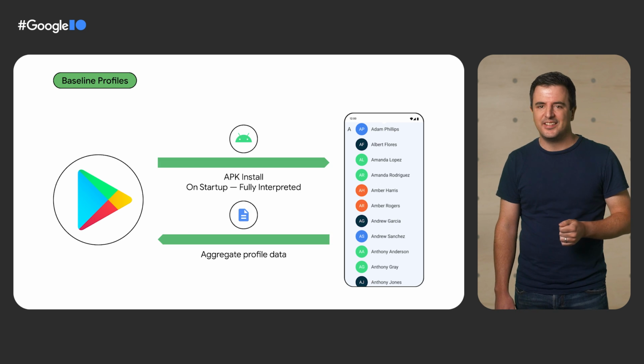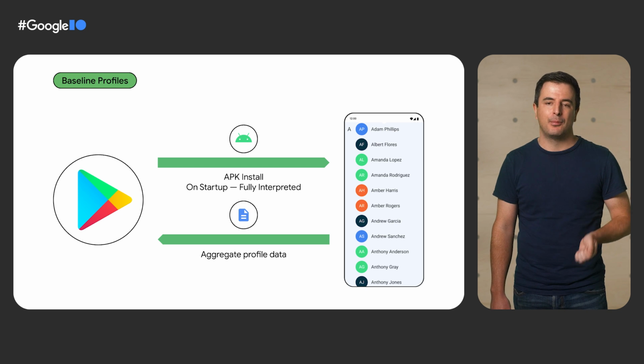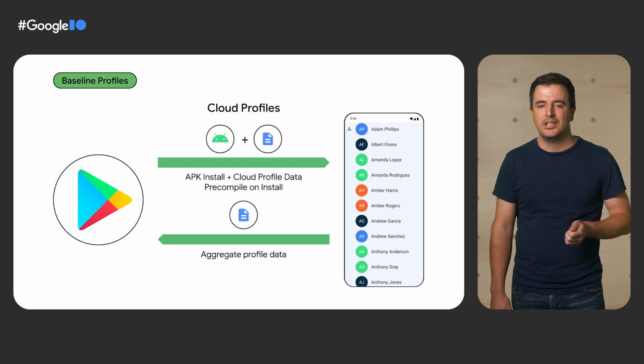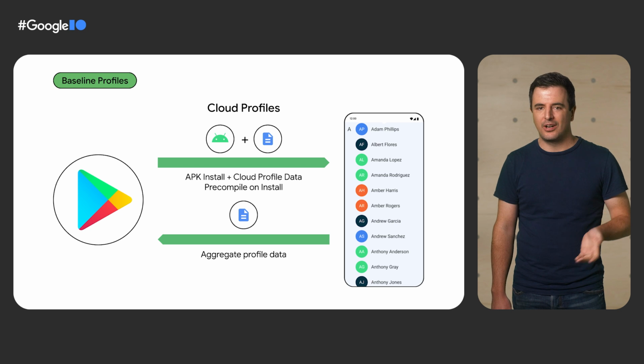The Play Store has an existing feature to improve this situation: Cloud Profiles. Over time, the Play Store will aggregate data about classes and methods used at startup by your app. The data is simply a list of the code used by your app during startup. We call this list a Cloud Profile. The Play Store will then ship this profile with subsequent downloads of your app by other users. At install time, the Android runtime will use this data to pre-compile the listed classes and methods. This means there will be less to interpret on startup.